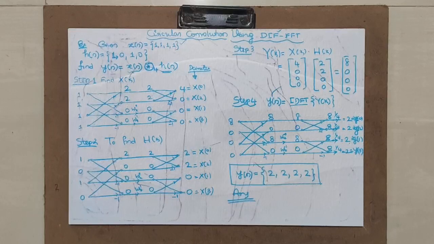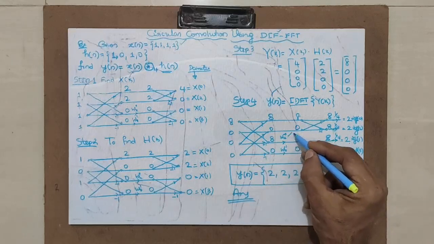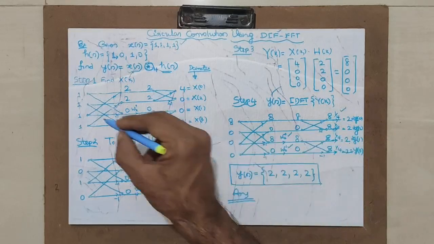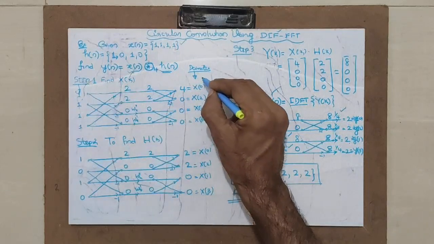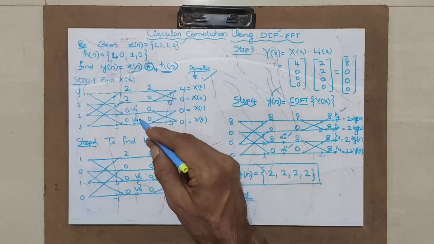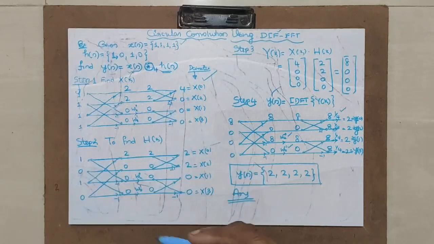Be careful while you apply these simple algorithms. Don't miss critical points like multiplying by twiddle factors or multiplying by 1 by 4 or writing this serially as well as decimation here in the output. All these are very important points in DIF. If you practice more and more problems, you will become perfect. That's what I want to convey to you. If you solve 1 or 2 examples and forget about that, you are surely going to miss one point or the other. Similarly, it may look very simple, okay, here it is simply 2 minus 0. Somewhere at one point you may go wrong. Hence you should be very careful so as to solve these simple examples.